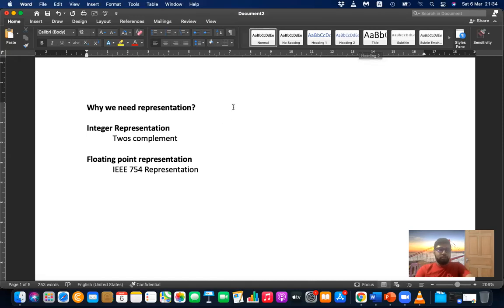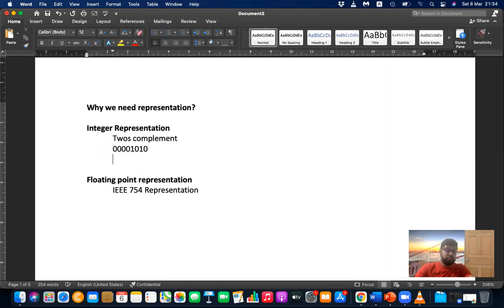For an example, positive 10, let's use 8 bits: 0, 0, 0, 0, 1, 0, 1, 0. Negative 10, you can represent using 1, 1, 1, 1, 0, 1, 0, 1 plus 1. So this is 1, 1, 1, 1, 0, 1, 1, 0. That is how you have done the two's complement representation of negative 10.